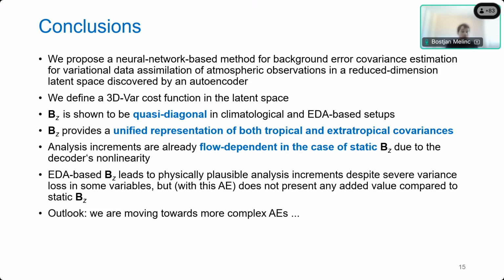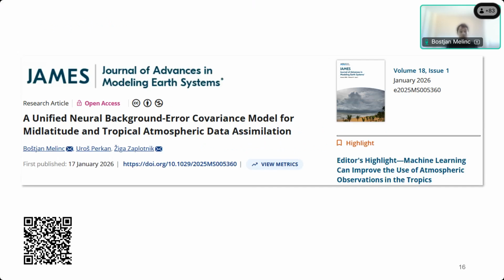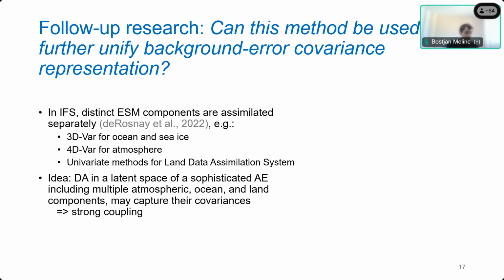But hopefully this will change when we move towards more sophisticated autoencoders, and this is then a logical outlook for us. We are, of course, moving towards using more complex autoencoders now. If you found this presentation interesting, you can have a look at our paper that was published in JAMES this January. And I'm going to spend the final 3 minutes of this presentation by discussing our current follow-up research,